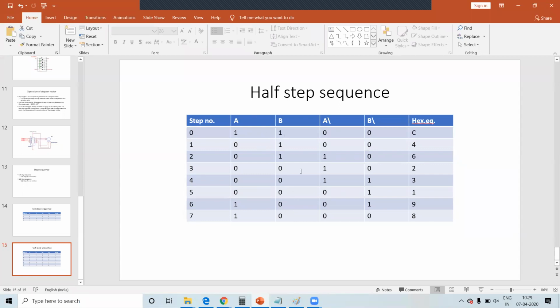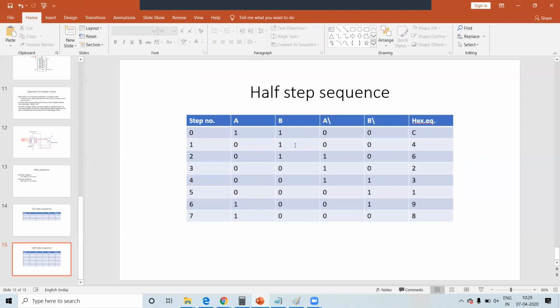So if you want to program it in this way, then one value, that is 1100, should be stored in the accumulator or in any one of the registers first, then copied to the accumulator, then to the ports. Then the next data will be copied from another register where you have 4. So every time you copy from the R0 register to the accumulator and transfer, and next time you copy it from the R1 register and then transfer. So every time R0 and R1 are rotated one bit to the right.